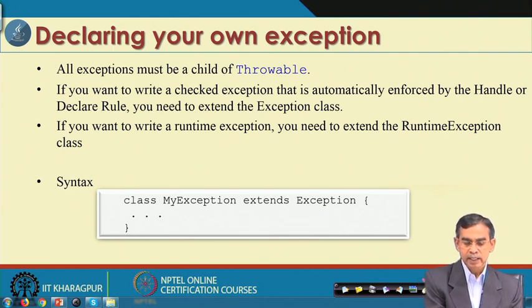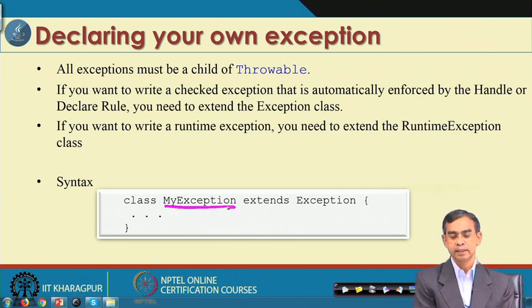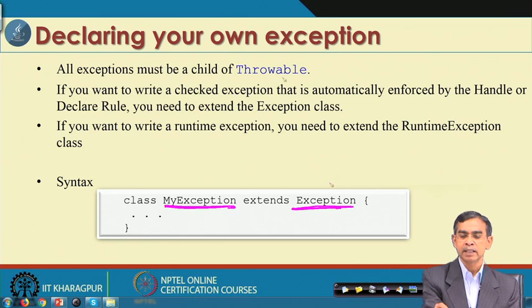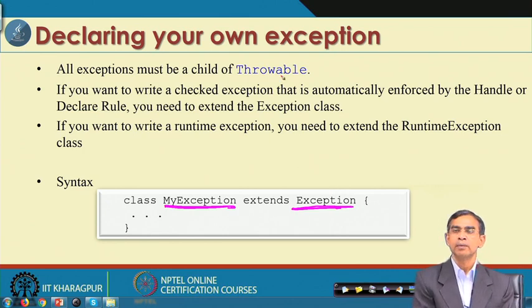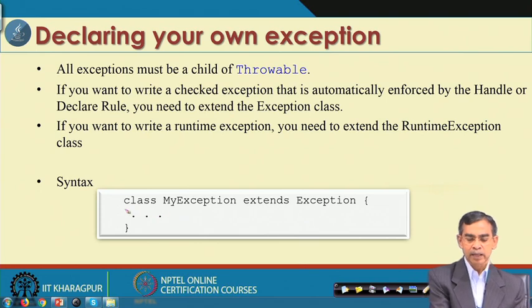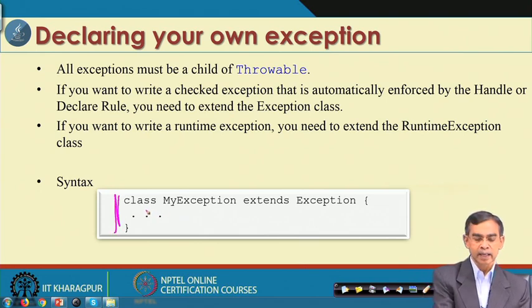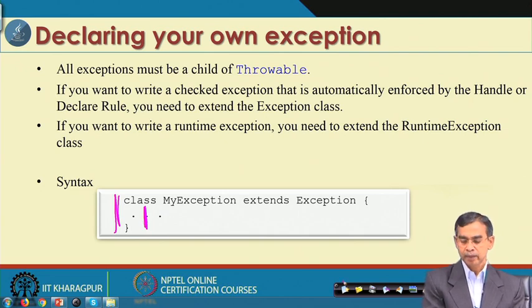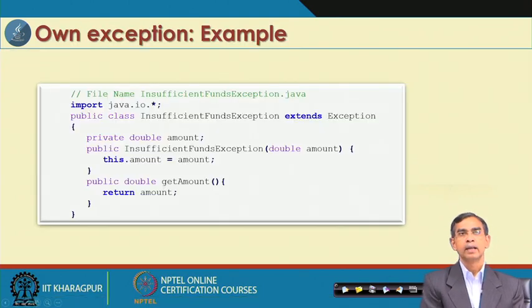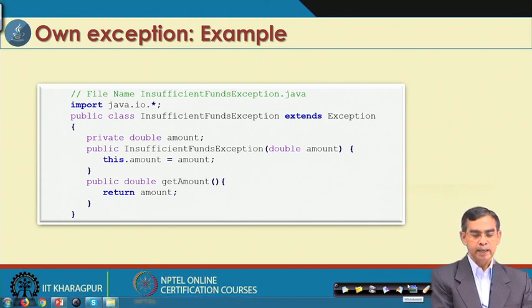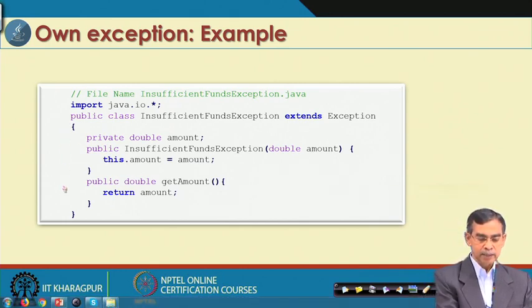So, here as we see, class MyException is basically a user defined class, and it extends Exception. Exception is a subclass of Throwable, which we have already learned about. Sometimes we can also declare RuntimeException. So, there are different types. Okay. So, this is the way by which a user can define their class, and here is the code of the exception class. Now, let us have an example, so that we can understand how a user can define their own exception. This is a very simple program, and here we can see this is the user defined class.